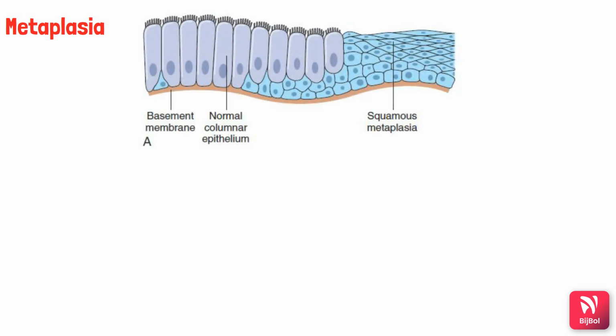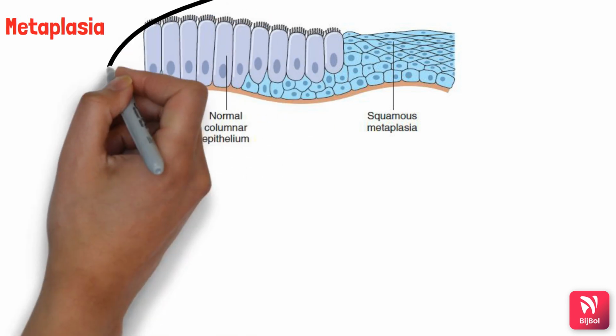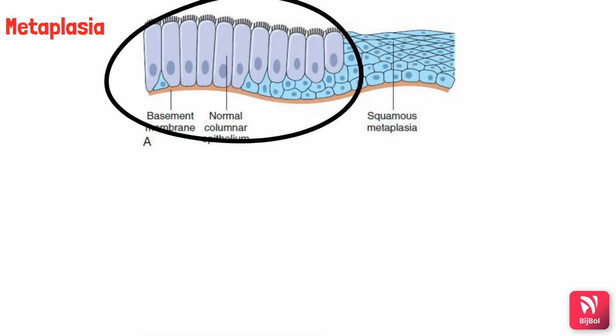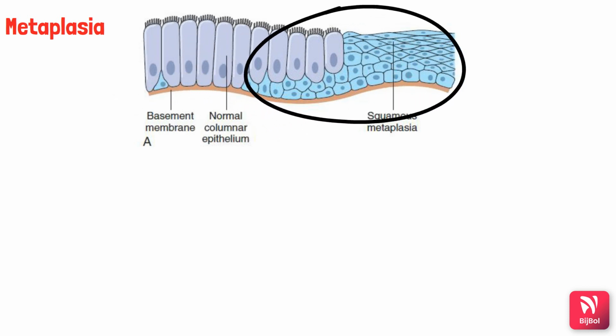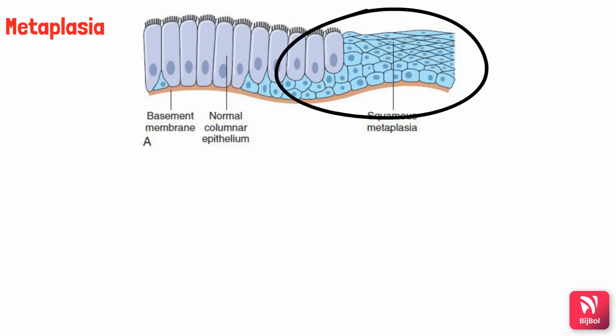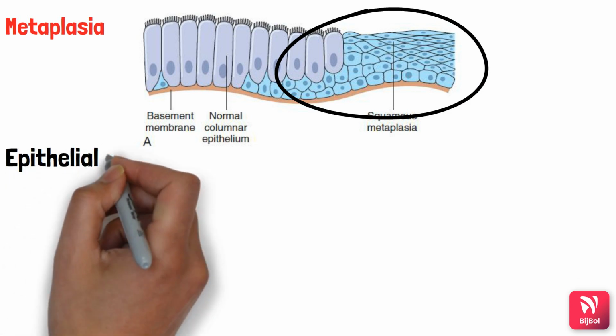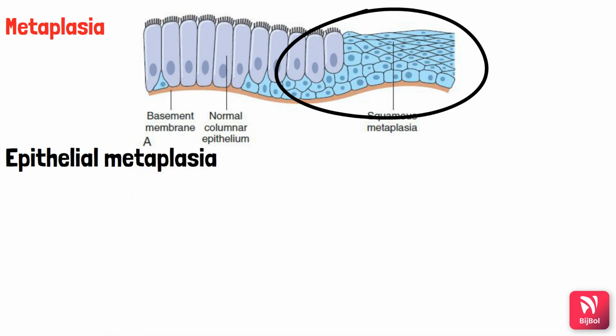For example, in this picture, this is the epithelium of a chronic smoker, a cigarette smoker, wherein the trachea or bronchi are lined by ciliated columnar epithelium. But because of chronic smoking, this columnar epithelium is replaced by stratified squamous epithelium. That is, it is undergoing squamous metaplasia, because squamous epithelium gives more protection to the trachea or bronchi. So it is an adaptation based upon the function, and metaplasia can be seen in both epithelium as well